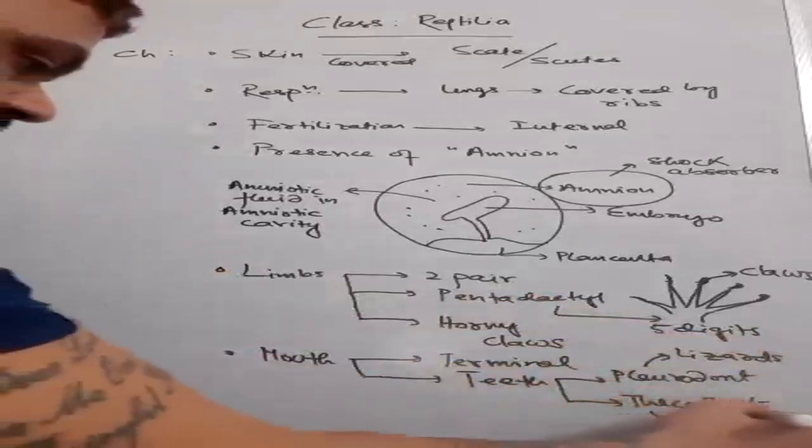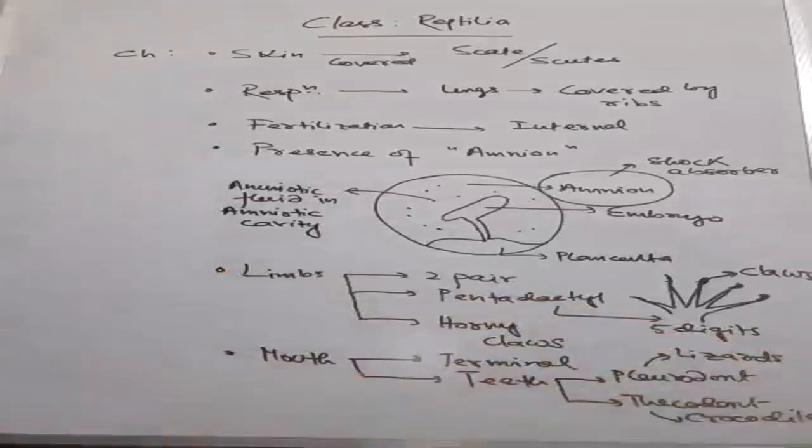Now, I will be telling about this in your human physiology, but as I have mentioned these two terms over here, the pleurodontal type and the thecodontal type, I should tell you what pleurodont teeth and thecodont teeth are. I will show you how each is attached. But first of all, let me take a peek over here.